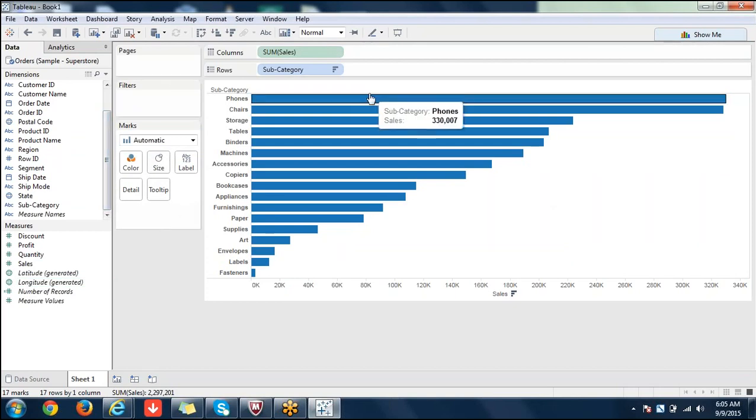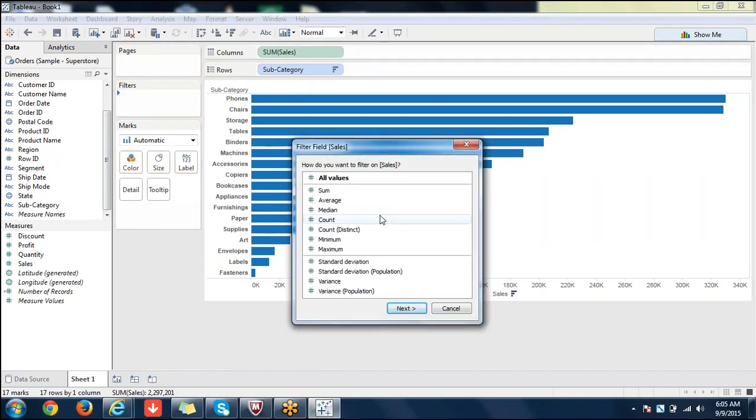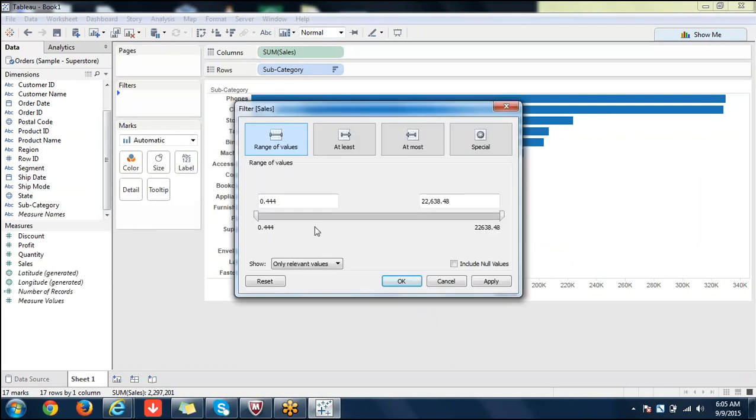Yesterday we have seen how to pull a dimension, and how to write conditional filters and such things. That is on dimensions. For example, what happens if you pull a measure? You'll see a filter like this. If you click on next, you'll see the range of values by default initially, and if you want to see a minimum of some 10,000 or 5,000, you can give the value here, or you can scroll it. The value keeps changing. This is like a minimum, and at most is like a maximum.